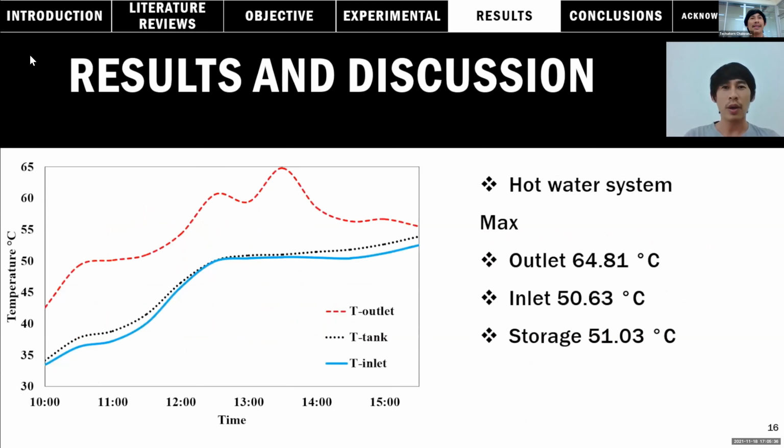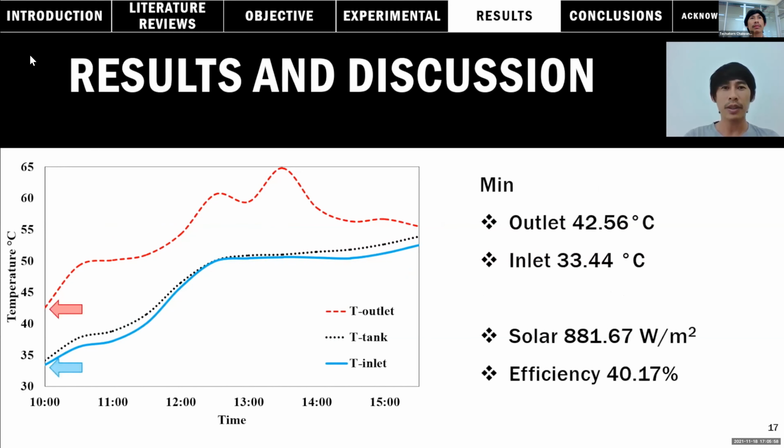27.77%. The result of the solar hot water system from 10 a.m. to 3:30 p.m.: the maximum temperature of water outlet from the solar collector was 64.81 degrees Celsius, with water inlet at 50.63 degrees Celsius and hot water storage at 51.03 degrees Celsius. The minimum temperature of water outlet from the solar collector was 42.56 degrees Celsius, with water inlet